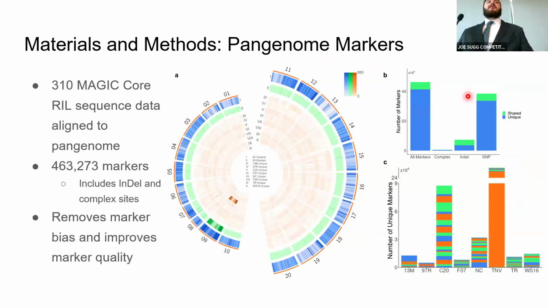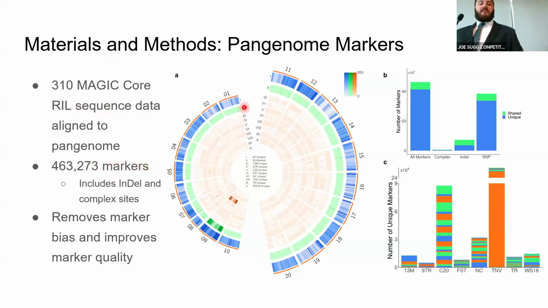Okay, so now since we have this library of all this data, we can understand what's happening in our population, so we can create markers to track these recombination points of our recombinant inbred lines, our RILs. So we took our sequencing data, aligned it to our pangenome, and generated 463,000 markers. And this includes indel sites, so insertions and deletions, and these complex sites, which could be a little bit more tedious to deal with